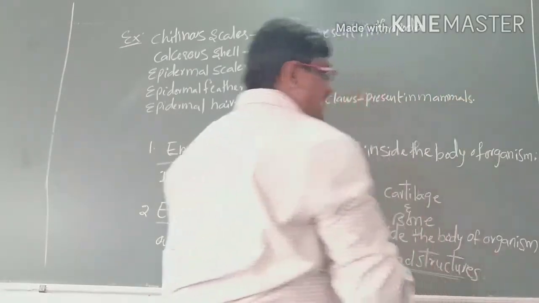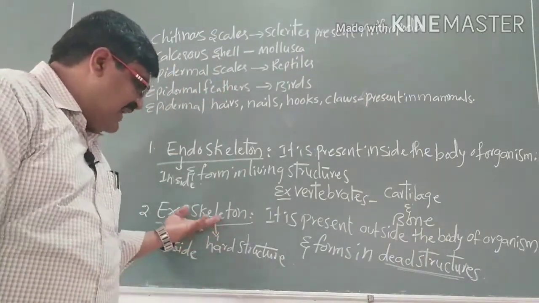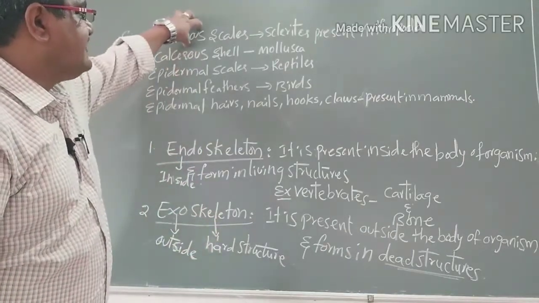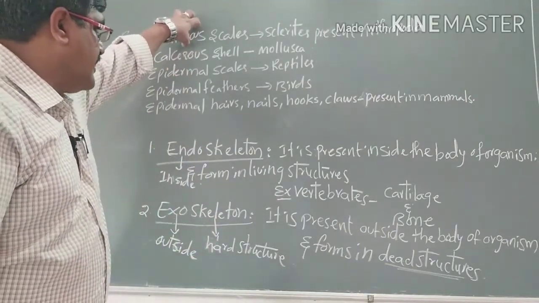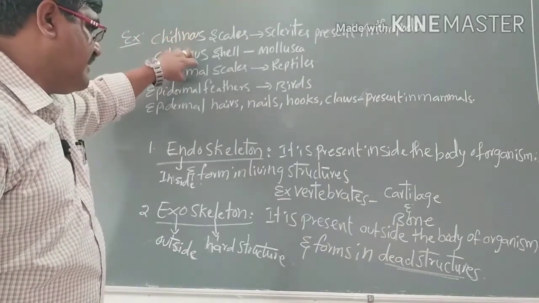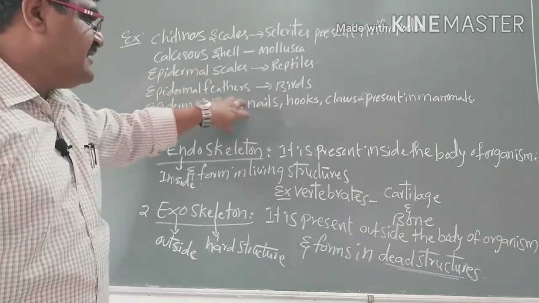So these are the various structures present in an exoskeleton, that is chitinous scales present in arthropoda, calcareous shells in mollusca, epidermal scales in reptiles, epidermal feathers in birds, and epidermal hair, nails, hooks